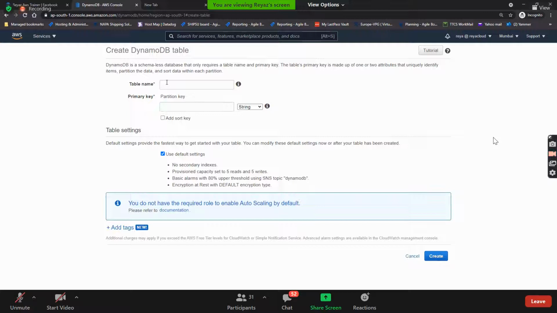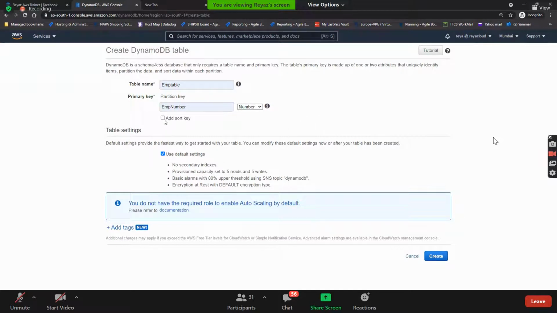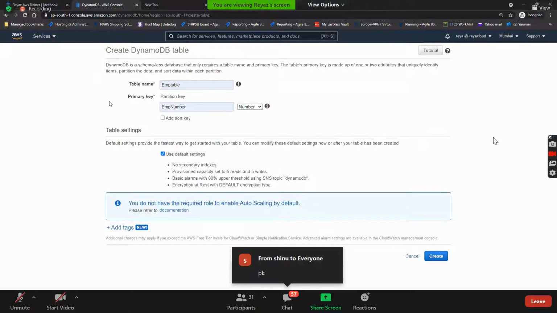Do you remember what I told you? We have an EMP table here already. So EMP is the table name. What is the primary key here? Primary key is another name, we call it here partition key, right? So I go with employee number. Employee number is a number data type. And then sort key is not mandatory, it's optional. But what is the one which we have mandatorily given? This primary key. Excellent. We don't add the sort key now, we'll see later.